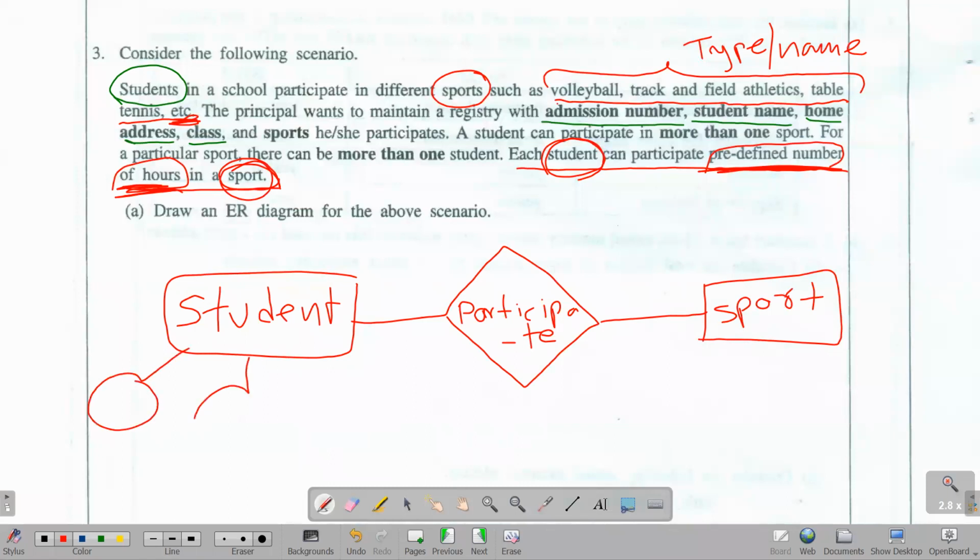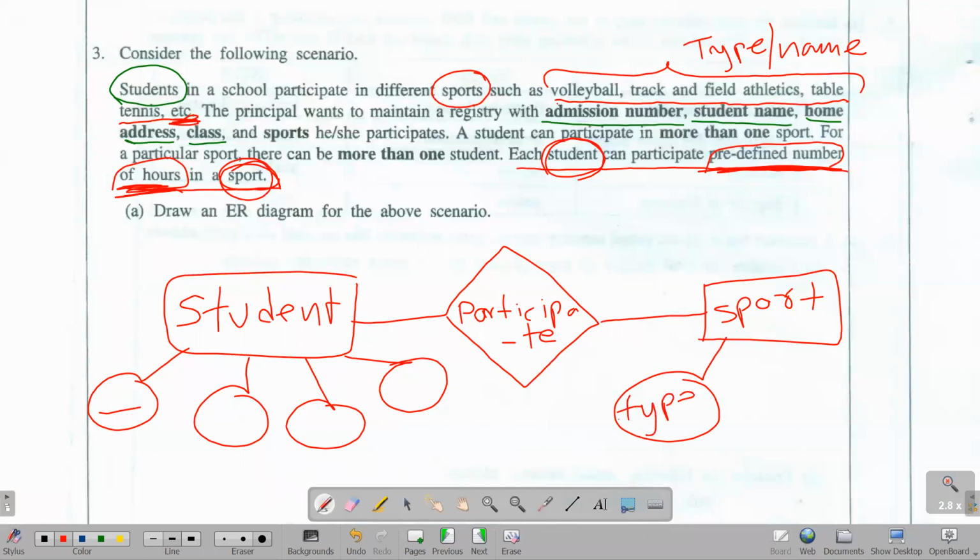Here you have 4 attributes: admission number, name, home address, and class. And admission number must be underlined. Here it's better you say type or name, doesn't matter. And it's better you propose some particular primary key like sport ID,